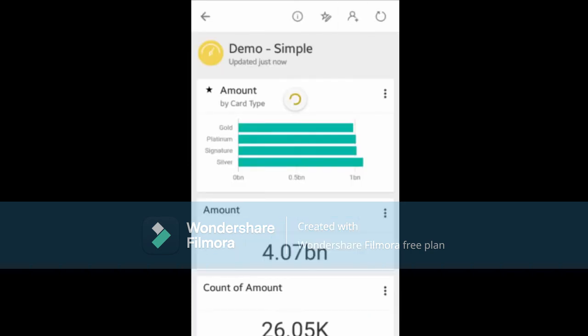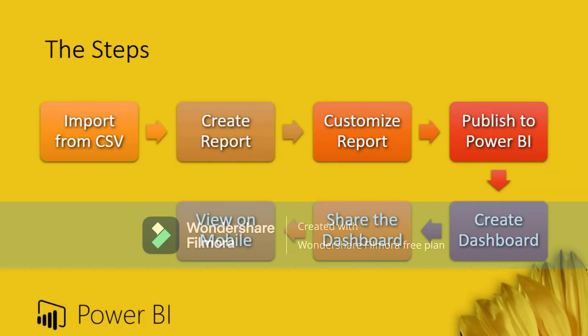To summarize, these are the steps we have taken so far. In future walkthroughs, we will cover more sophisticated and complex examples, but primarily following the same process. So that's all for